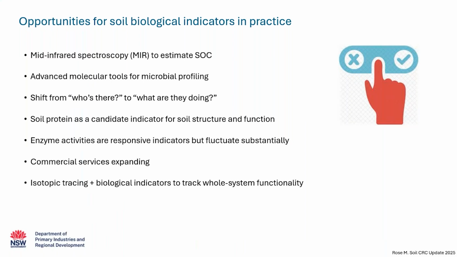Soil protein is emerging as an indicator of soil structure, function, and organic nitrogen status, and it provides good standardization at a moderate cost. Enzyme activities show high temporal variability, but they do quickly respond to changes in soil conditions. And great news is that commercial services are expanding, such as SARDI's Predicta B for quantifying disease risk and beneficial populations, and other tools and kits such as BioLog, MicroResp, and Solvita kits to characterize soil function.